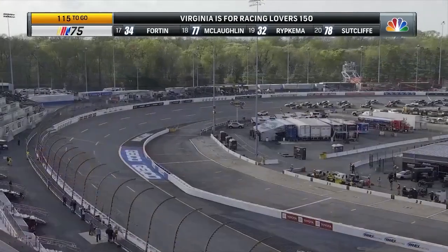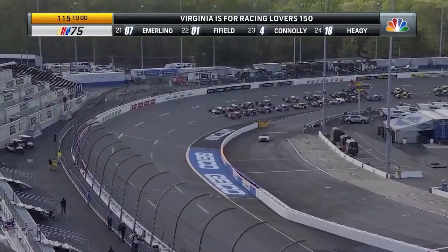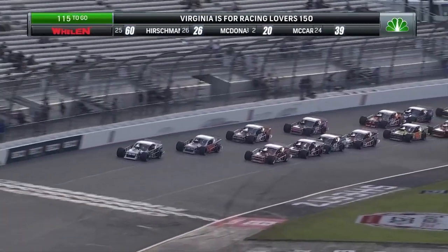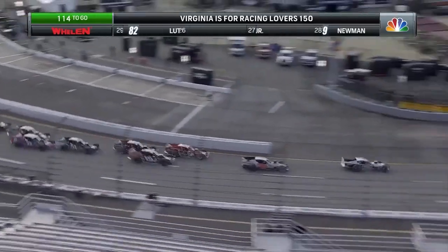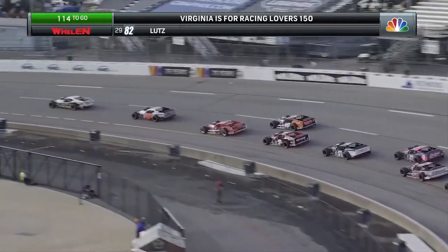The pace car is in, getting ready to turn him loose. It'll be 114 laps to go when we get back under the green flag here in the Virginia's for Racing Lovers 150 for the NASCAR Whelen Modified Tour. Austin Beers around the outside lane, he fires and he brings Ronnie Silk right along with him in turn 1. He made it look easy, but just as easy as it was for him to take the lead, Ronnie Silk